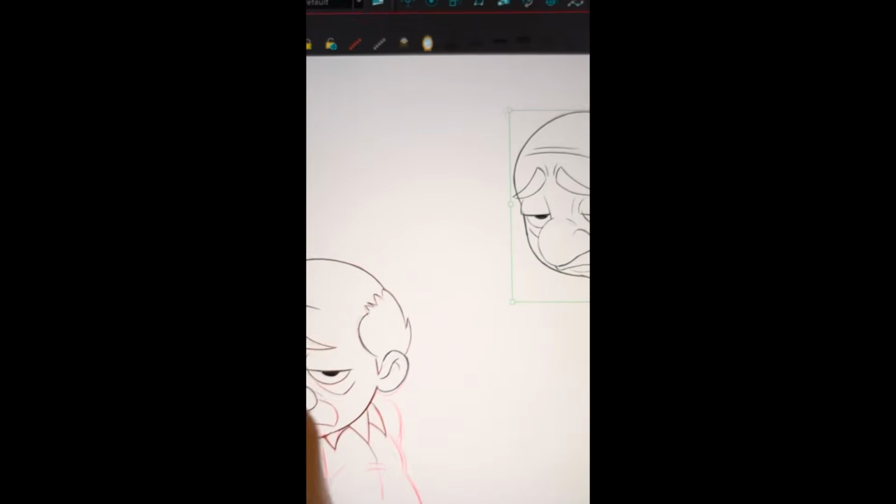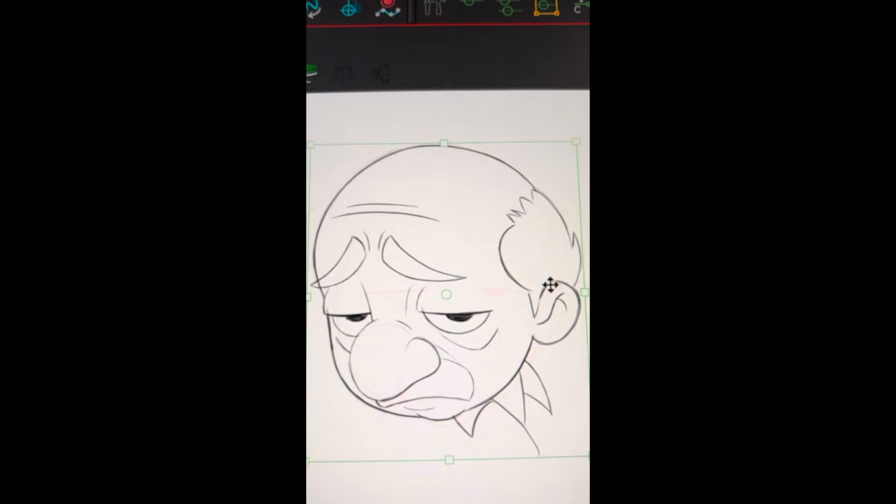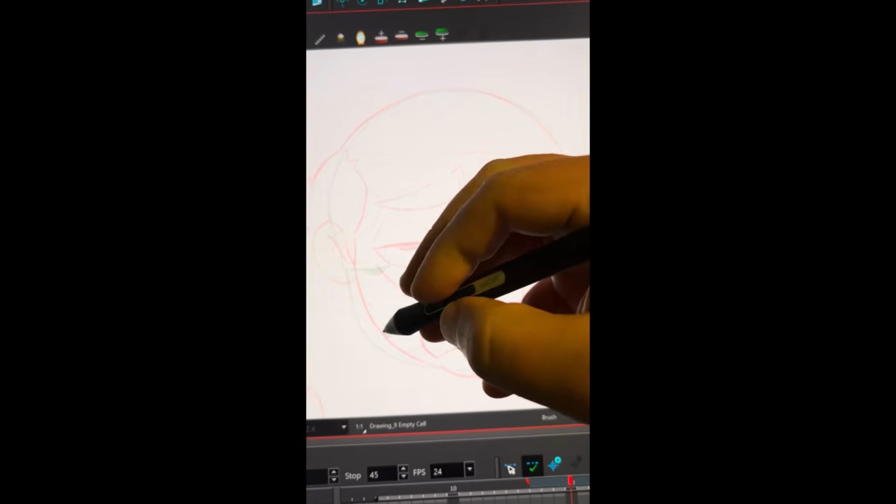I'll copy this, Control V to paste, copy this, move it over, and then I'll turn on my onion skin so I can see the drawing before, and then I'll place this very close to it. So now when I go back and forth, it's not a big jump, and I can start adding my drawing